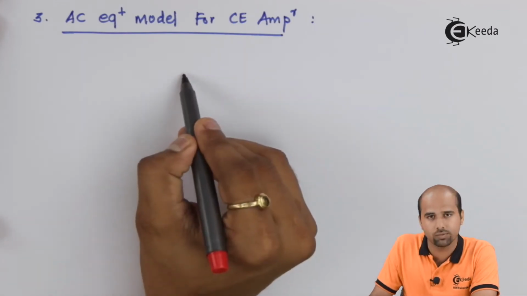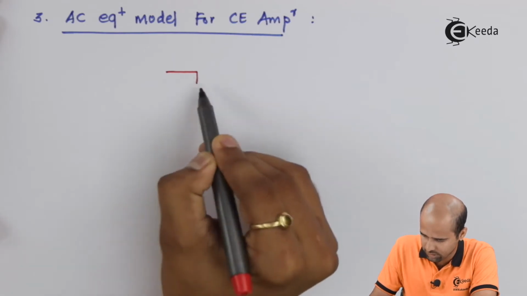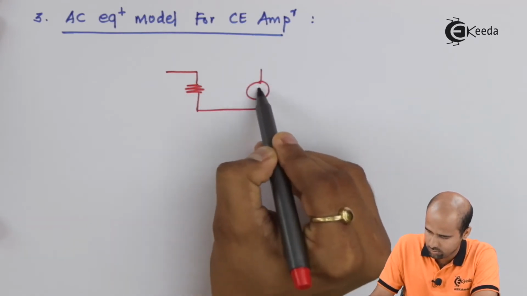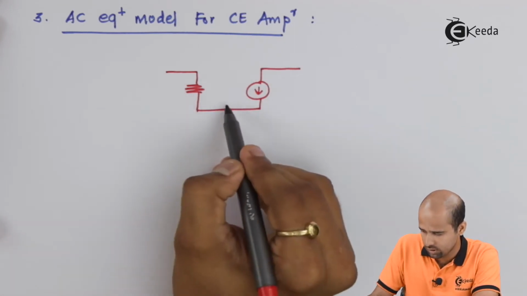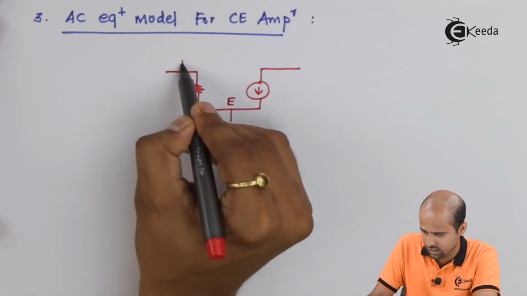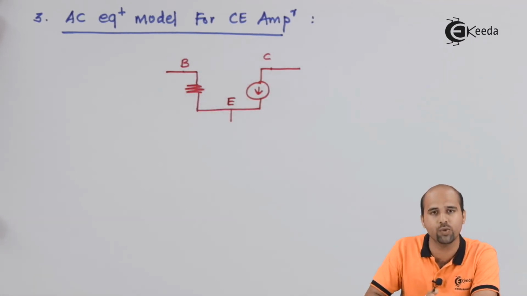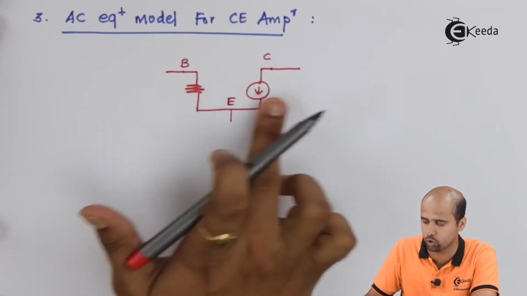We will first modify the BJT in the form of model. So this is my BJT. This is emitter, this is base, and this is collector. Very nice. Once we have this BJT, obviously we'll have to do the naming for